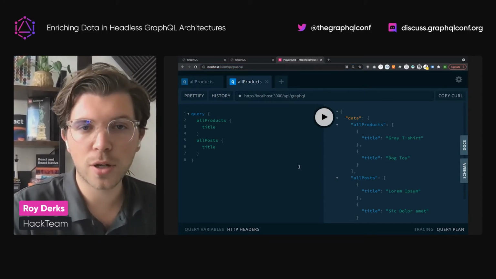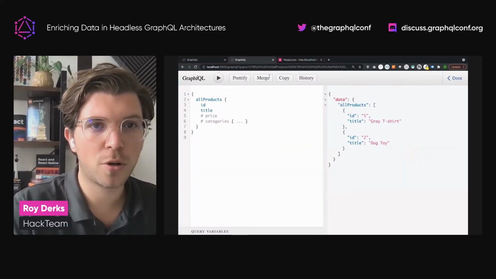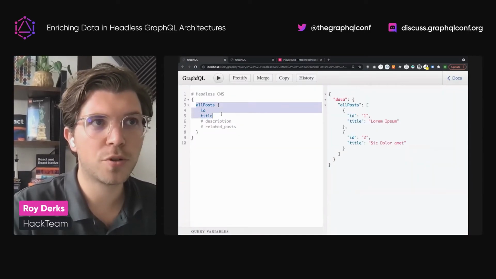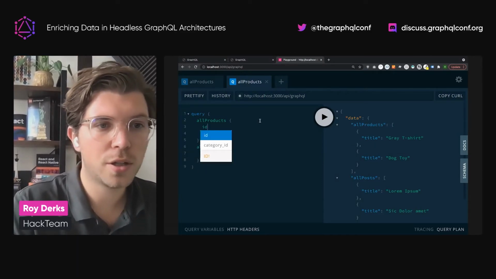And then in here, we can get both the queries that we have here. So we have all products query, as you can see here. And then we have the all post query, which you can see here. So you can also add IDs to them